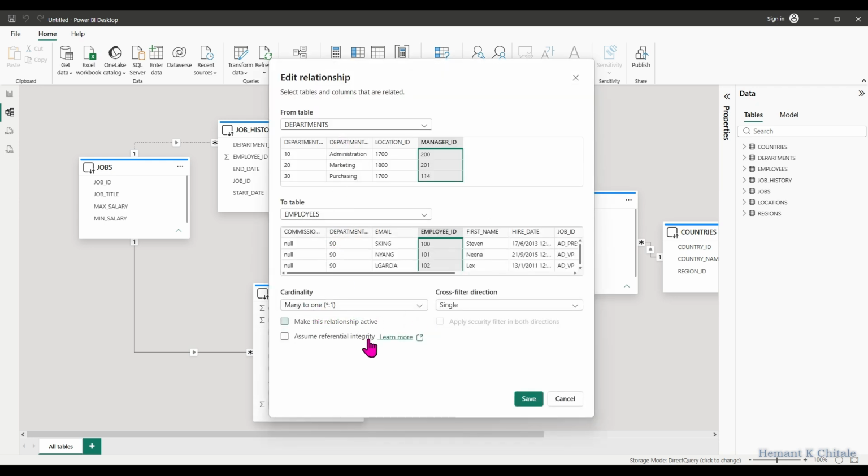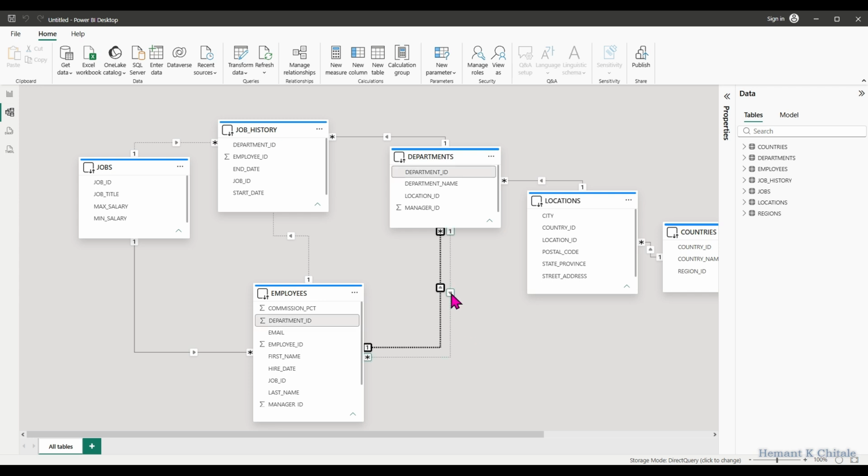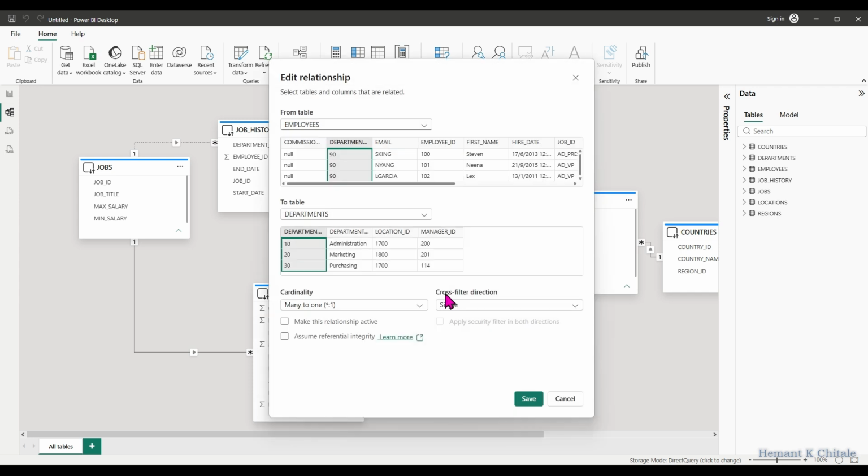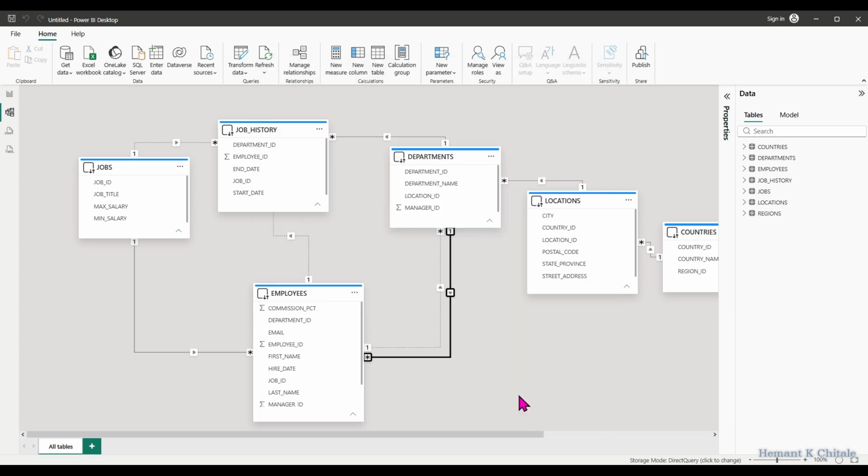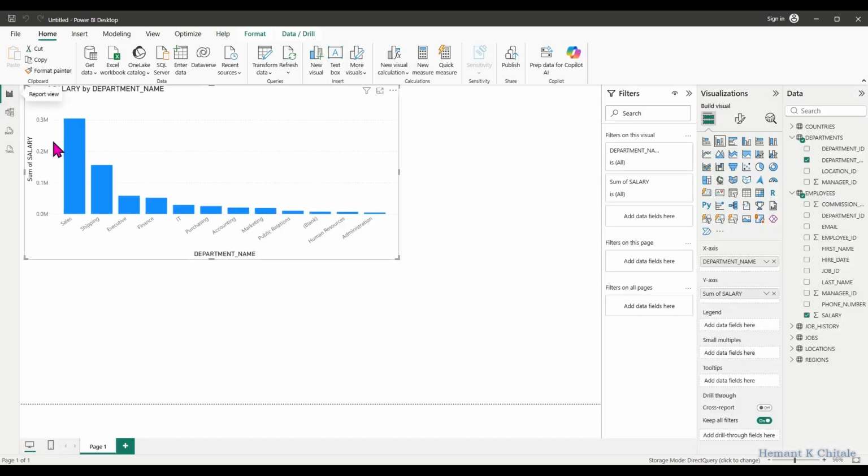Many to one is wrong. Then I enable this relationship, employees to departments is many to one, meaning one department to many employees. Make it active, save it. I go back to my report and now I can see yes, for every department it is giving me the sum